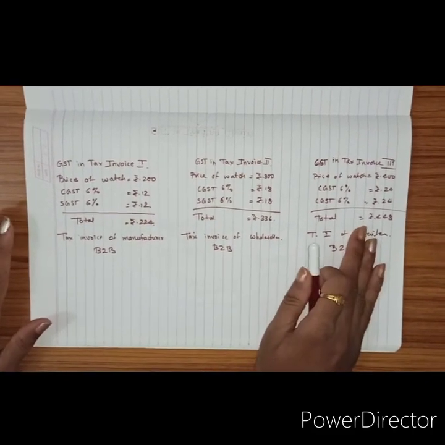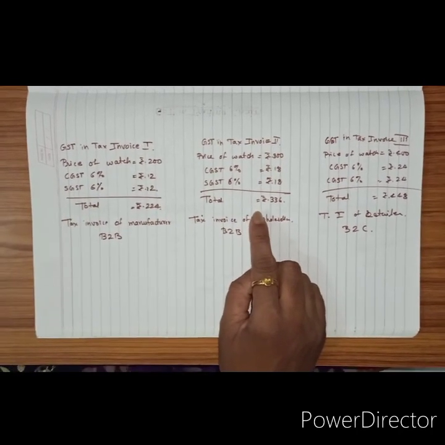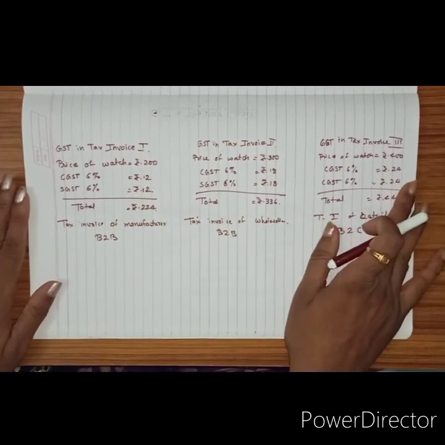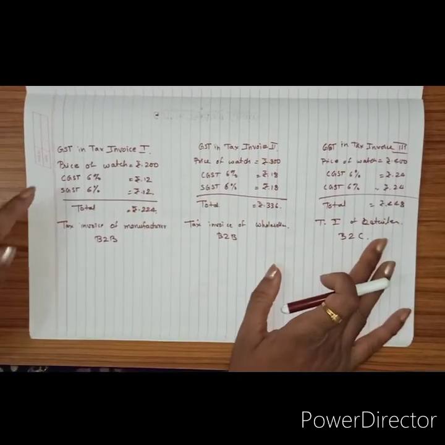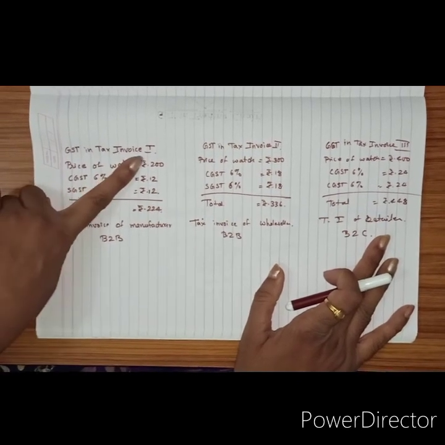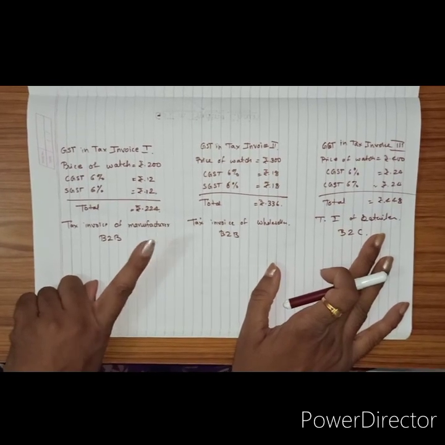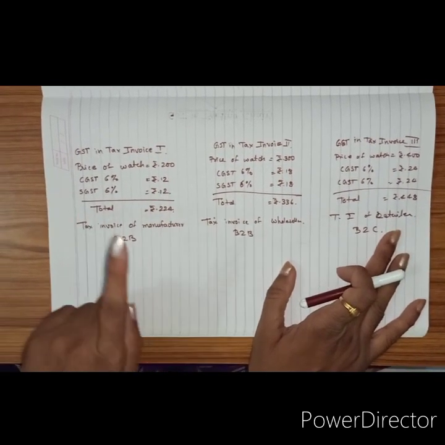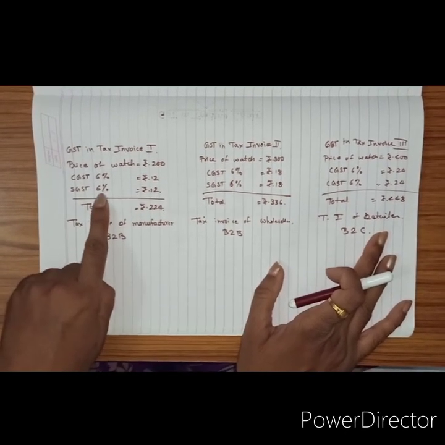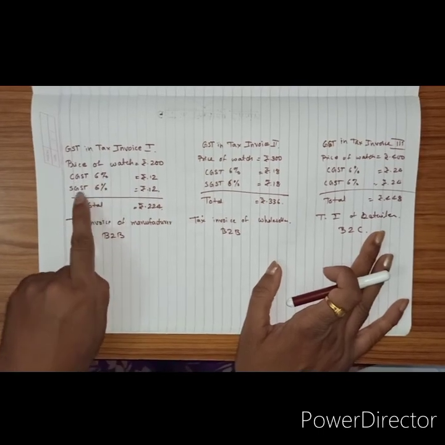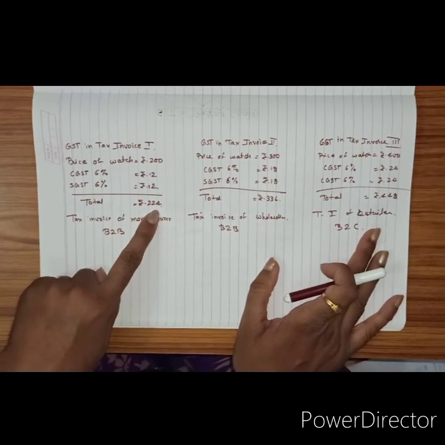These are the simple tax invoices. I hope you remember the first tax invoice that we had seen, it was in detail. Everything was given, but here the detail is not given, so there is a difference. Let us understand. See, this is tax invoice number 1, the tax invoice for the manufacturer, the one who produced and sold it to the wholesaler. He kept his price as 200 rupees, GST 12%, CGST is 6 and SGST is 6. So 24 rupees, total was 224 rupees. I hope you remember this.